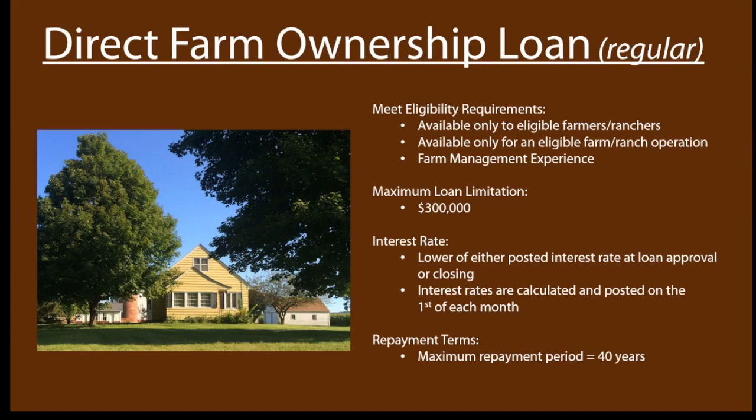The interest rates are going to vary pretty much on a monthly basis. And so you'll want to go to the Farm Service Agency website and look at their posted loan rates. And what they'll do is look at the interest rate that was posted at the date of your loan approval and the one that was posted at the date of your loan closing. Whichever one was lower, that will be your fixed rate for the loan. So you'll, like I said, go to their website and sort of see where it's at right now. Because it changes, I didn't want to post it into this webinar, but hopefully you have an easy time accessing